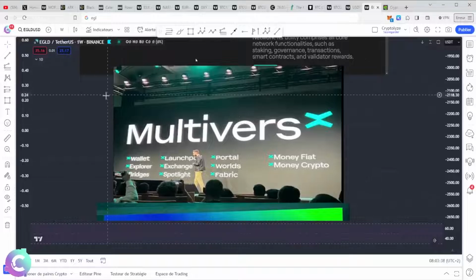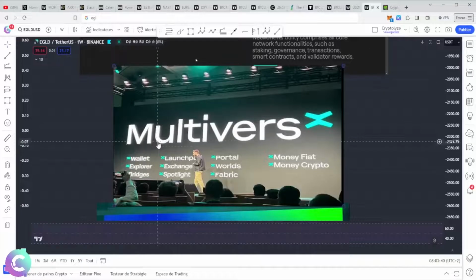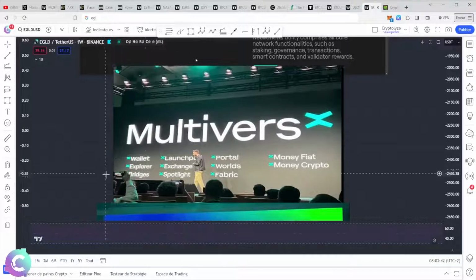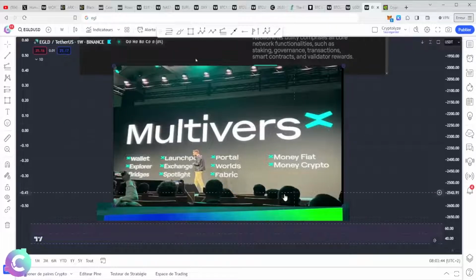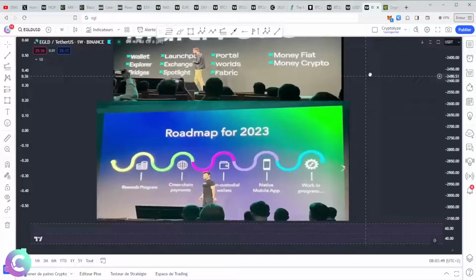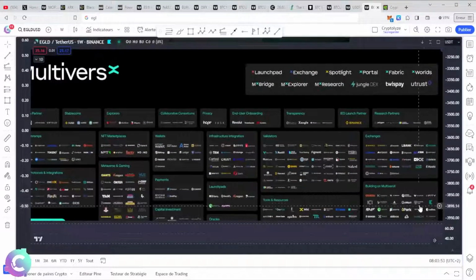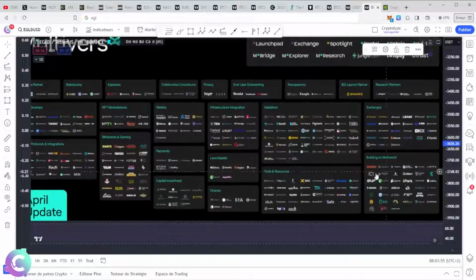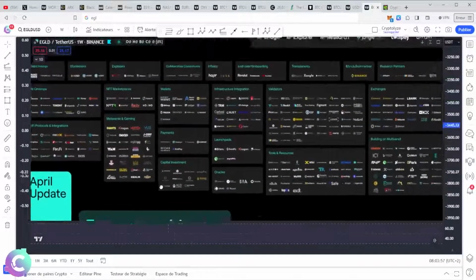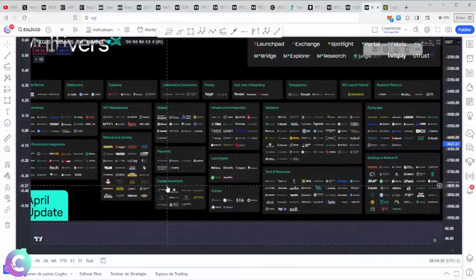The main goal is to have a name and to have a set of products. Historically, we had products that always had different names and we didn't know what belonged to what. Whereas here we really have the same range with a set of products that are structured underneath, in which here is the ecosystem. You have to understand the ecosystem that we have around. So it dates from April, so it's a little bit old, but it continues to grow. We have a very large ecosystem.